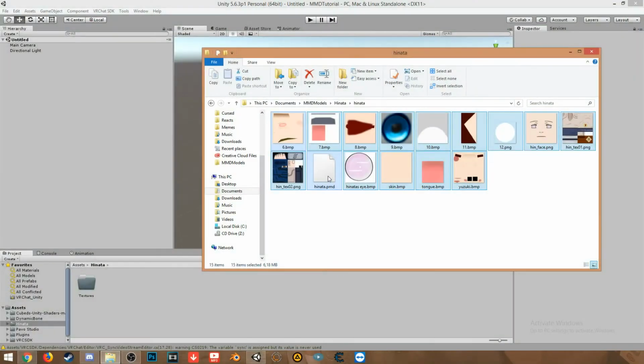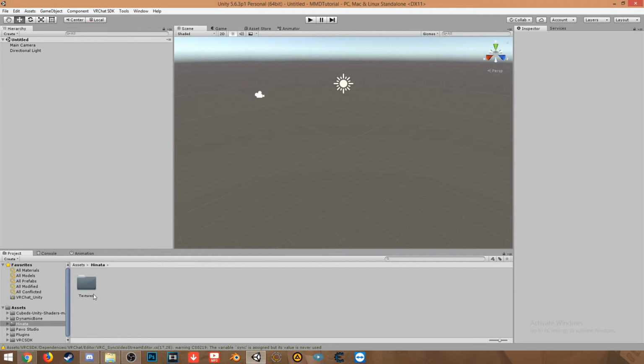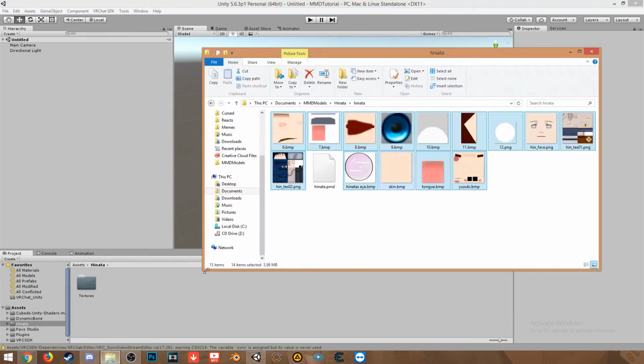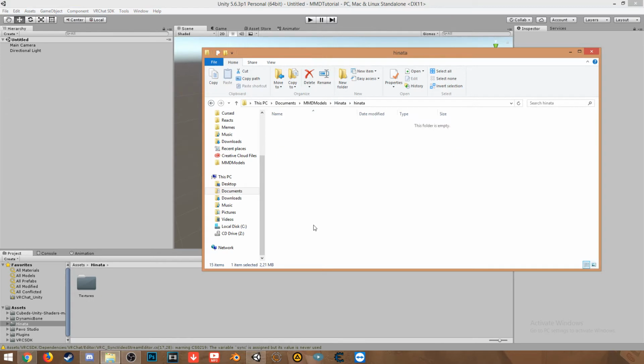We select every single texture, PNG. Sometimes they're BMP and something like that. Just select everything, except everything that doesn't look like a texture. Okay, everything that looks like a texture goes into the textures folder. After you put your textures into your texture folder, you're gonna go back to your